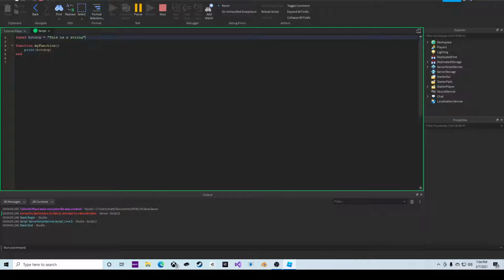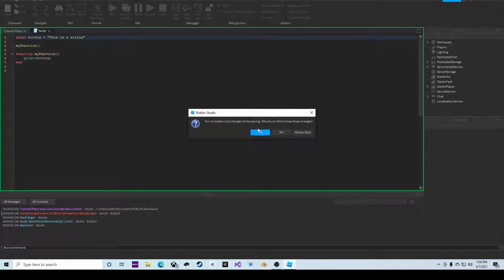So it's always the best practice to write your function and then call it after the function has been written, because otherwise it will not work. And in my opinion, it's better practice to make it a local function inside a script, unless you're working with module scripts, which we will get to way down the road. But yeah, anyways, my function,